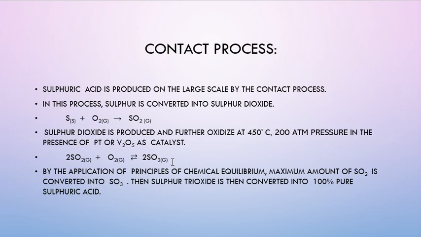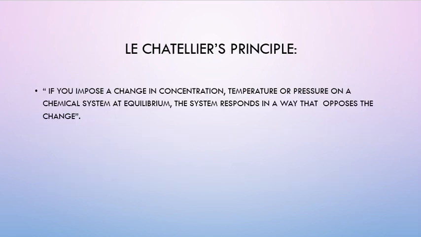Using this principle, the maximum amount of ammonia and sulfur trioxide is obtained, and this Le Chatelier's principle has made it possible to get the maximum amount of products. What happens in different reactions, as you have studied the reaction of nitrogen with oxygen, nitrogen with hydrogen and sulfur with oxygen? First, equilibrium is established in the presence of a catalyst in a minimum amount.